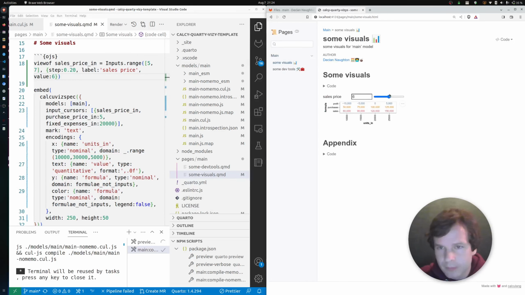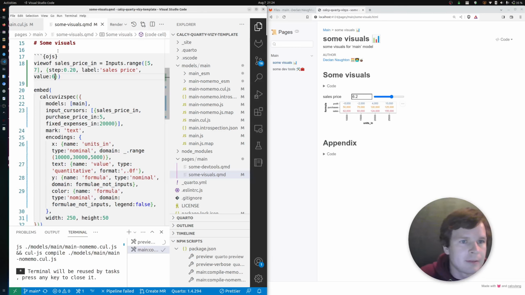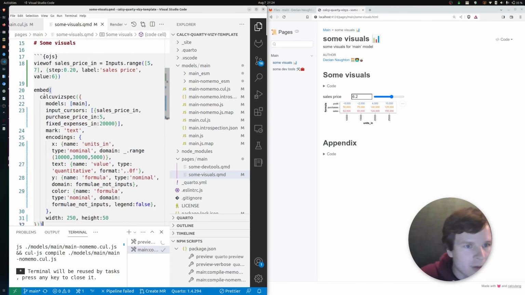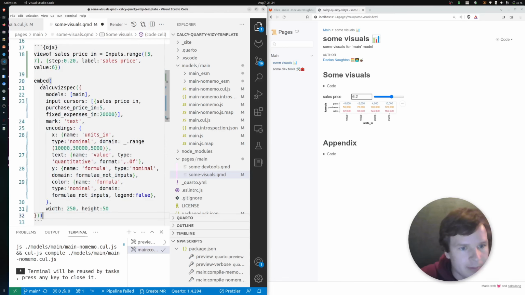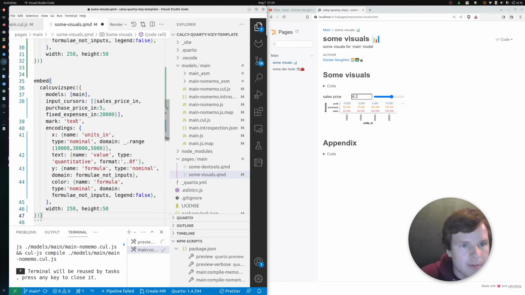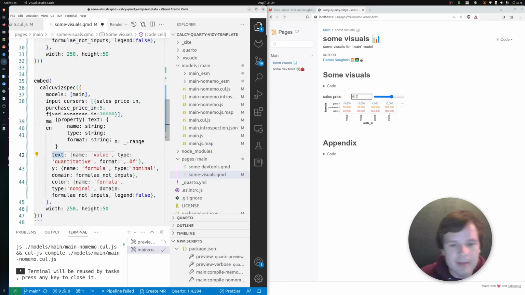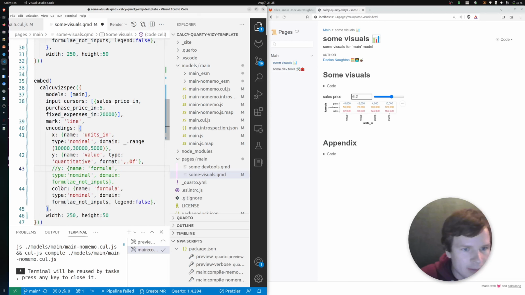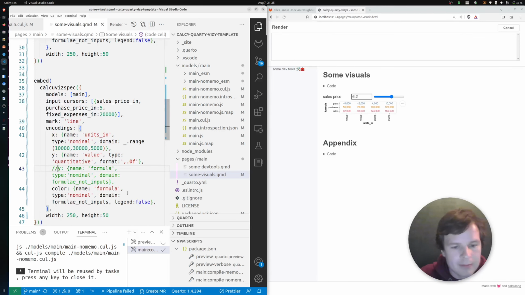But we can suppose higher sell, higher profit. Okay. And the other thing I mentioned was making a line chart. Let's just copy this. So mark, in this case, is line. Text no longer makes sense, but we want the value for the Y channel of our line chart. This is no longer needed. And